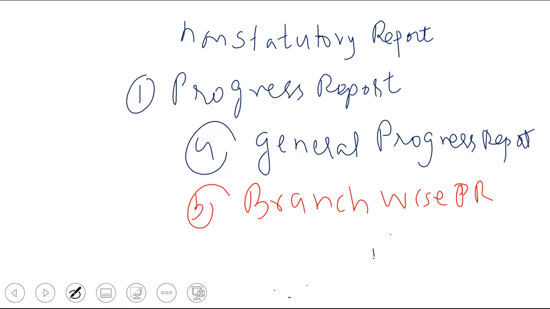Because one general manager cannot understand what is happening in each and every branch. So the branch manager will send the report. How much deposit they collected, what is the amount of loan that is given, how much recovery has taken place, how many employees have taken how many leaves, are they performing well. This is the meaning of branch-wise report. For example, Hindustan Lever, such a huge company. All over India, they got their branches, their offices. So they will be collecting reports branch-wise, region-wise. It depends upon the size of the company.